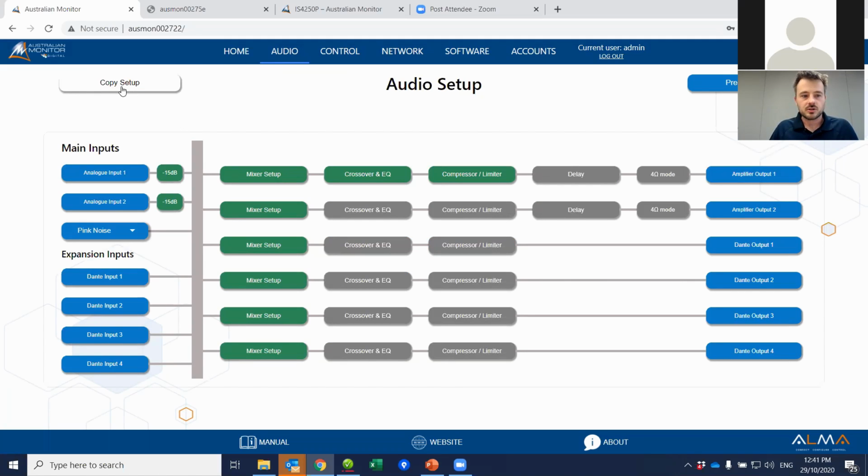The next 2 features on this page are the copy setup and preset action. And the best way to show you how these work is to give you a real life example. So say, for example, if we had this